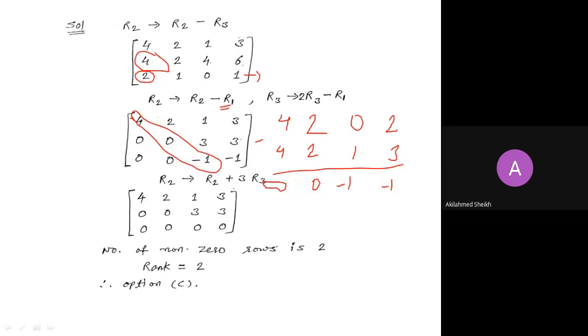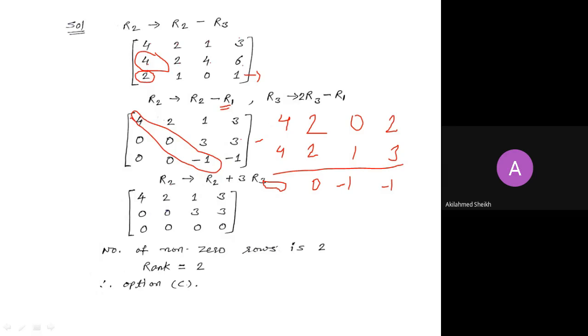So in this case, we have to make this element 0. So we operate on R2. What happens here? R2 plus 3 times R3,